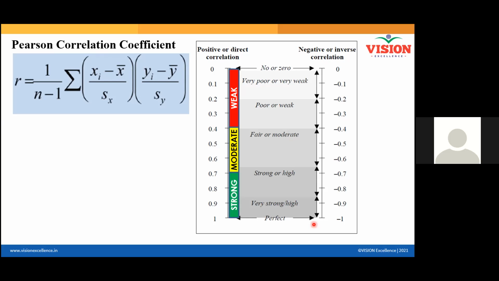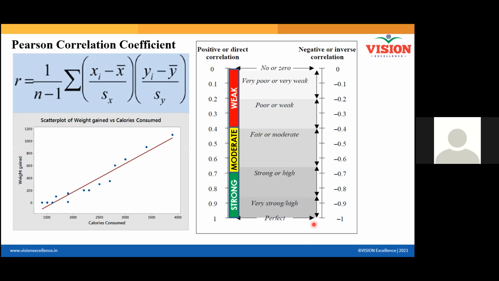The one you have seen in the previous picture is a perfect straight line. And now I am showing a scatter diagram, and look at the blue color dots. Don't look at the red color line. The red color line is called the regression line. We'll discuss it later. Now the blue color dots. Tell me, is there a correlation between x and y? Yes. That means your x is controlling the y.